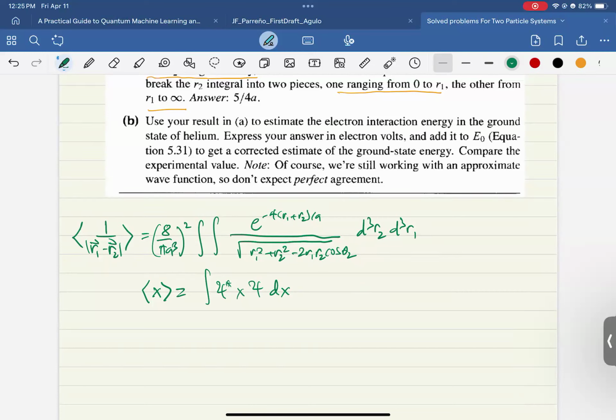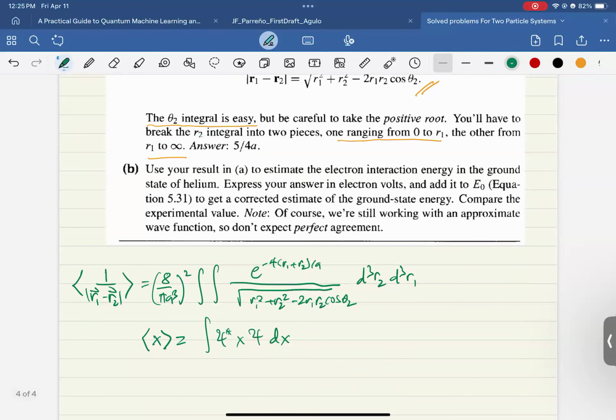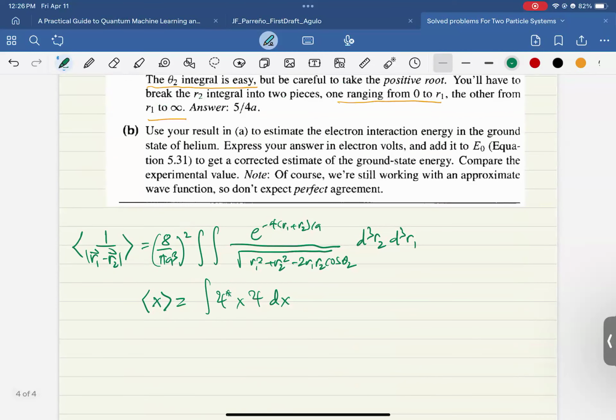Okay, so yung psi na tinitignan natin dito ay psi naught R1, R2 ay equal sa 8 over pi a cube exponential minus 2 R1, R2 over 8. Okay, diniscuss natin to last meeting. This is equation